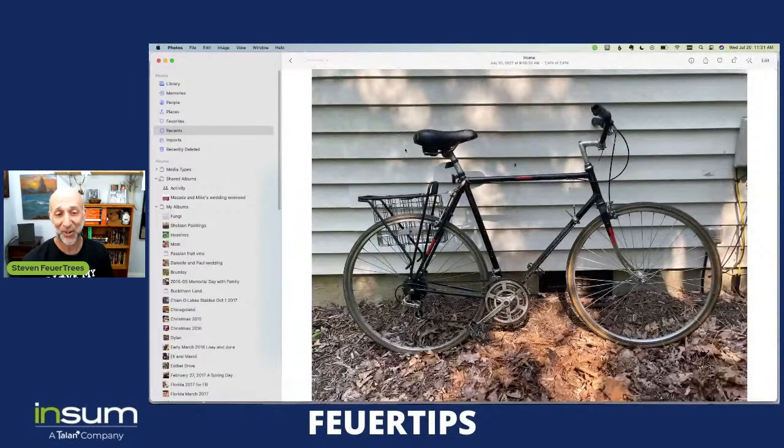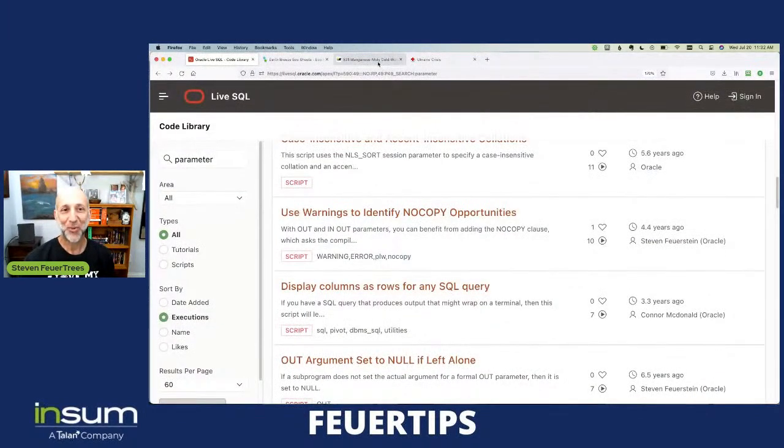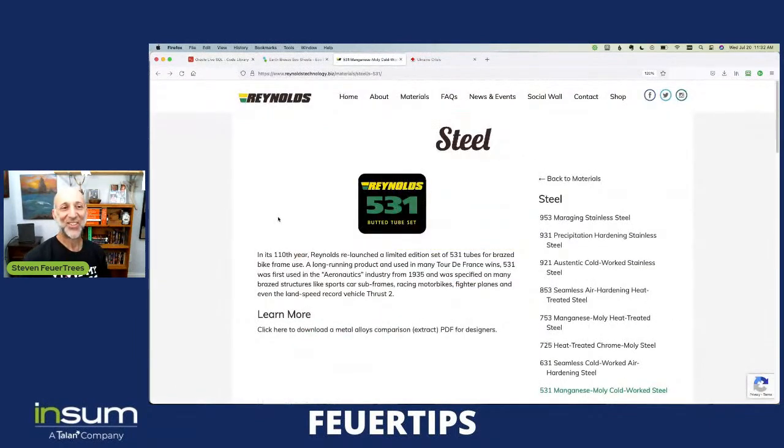I'm riding it now in North Carolina, and it's built around these really cool Reynolds. My mouse, so silly. Reynolds 531 tubing. So Reynolds technology has been around for years and years doing these great bicycle frames. And it's worked out so well. I'm just so happy to be able to